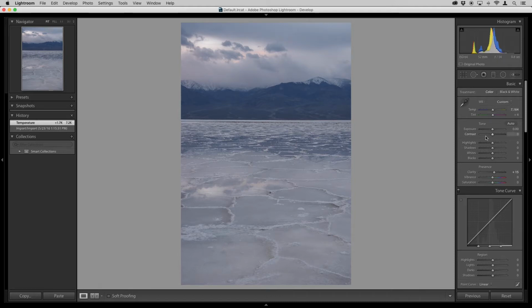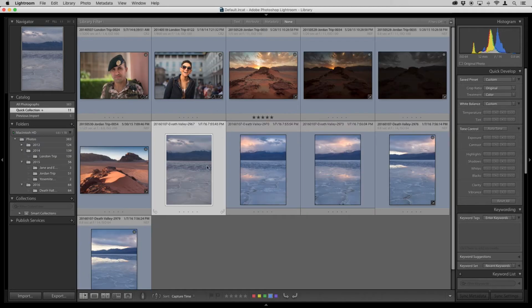Then maybe play a little with highlights. Looks like I should reduce them just a little bit. And then play with the shadows here. Just reduce the shadows. That looks overly bright to me. Not anything crazy. Let's just say I've done all these edits to the image. All I want to do is copy and paste settings from this image to these other images.